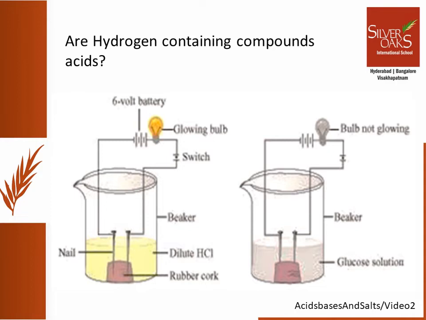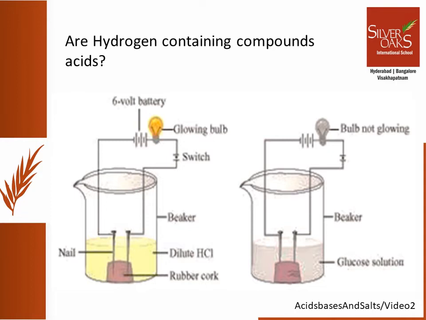Thus, we observe that when ionic compounds are in molten state or dissolved in water, the ions are free to move. They can conduct electric current if we establish an electric circuit. So for this experiment, we take a beaker containing a solution of an ionic compound, put two electrodes in it and attach them to the circuit. The ionic compound can conduct electric current and the bulb starts glowing.